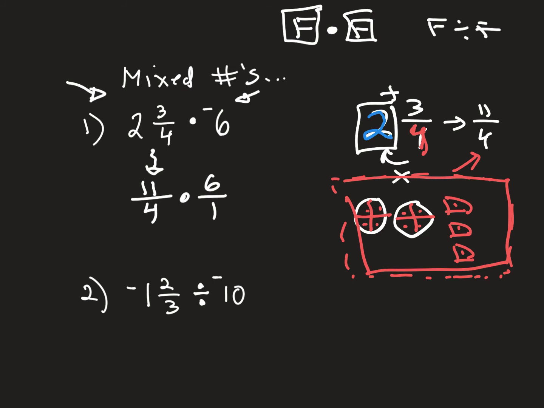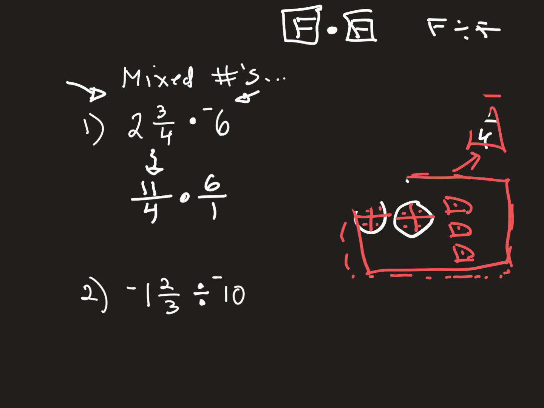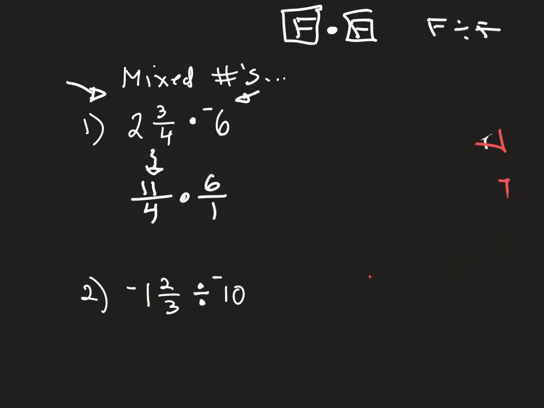So that's really what we're doing when we're changing a mixed number: we're just cutting up all the wholes into pieces so we can say how many pieces we have. Good, just a quick reminder, it's been a long time since you guys have worked with pictures and fractions. Once you have it as a fraction times a fraction, then we can go ahead and multiply